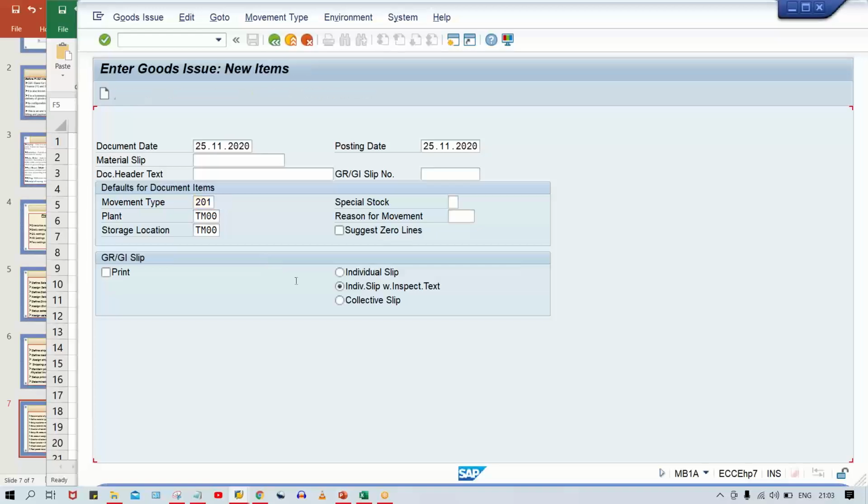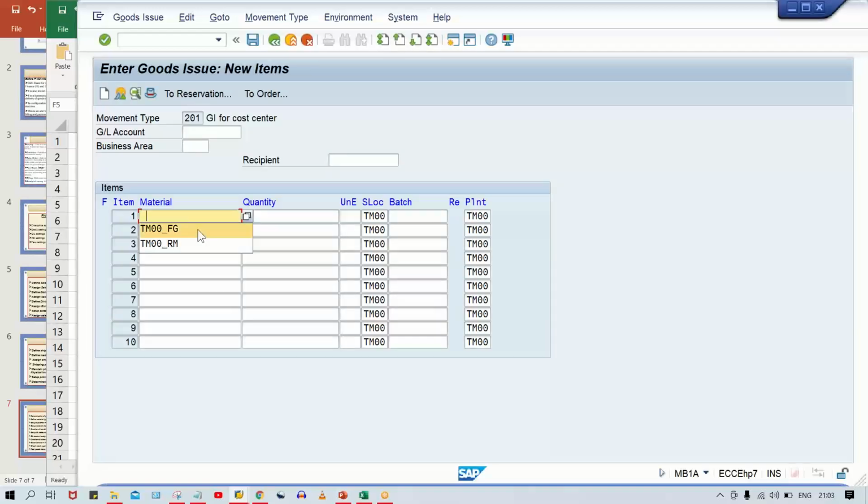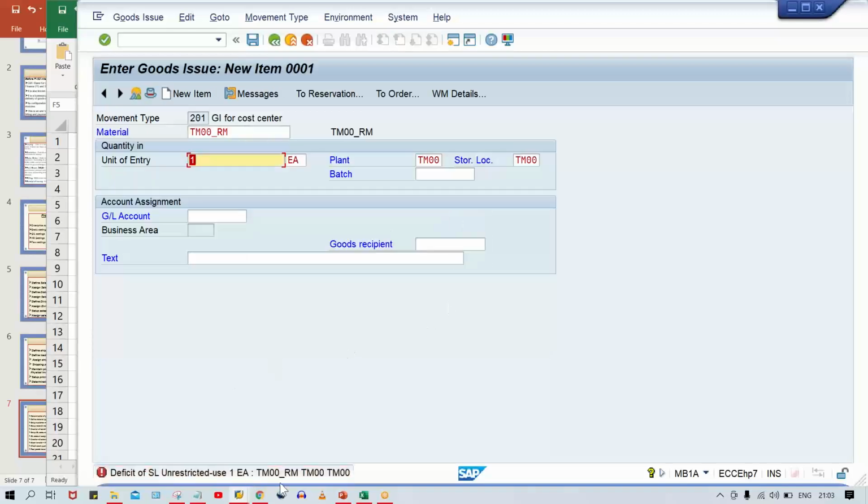Okay. And then here if you press enter, then which material? This is the material, and let's suppose a particular quantity, and if I press enter, then here once again look at here, this deficit of stock. It means now here we do not have raw material to release, in the sense we do not have raw material to transfer. So in that case, what you have to do, guys, I'll tell you now,